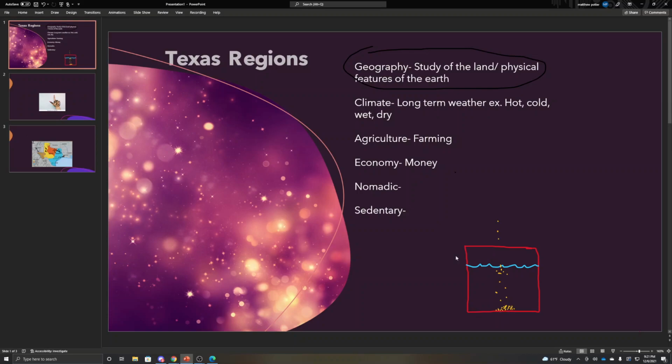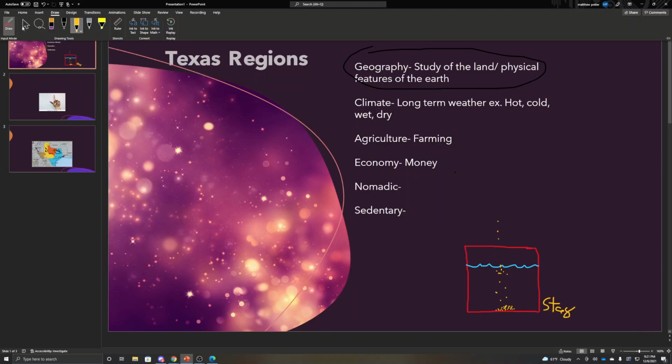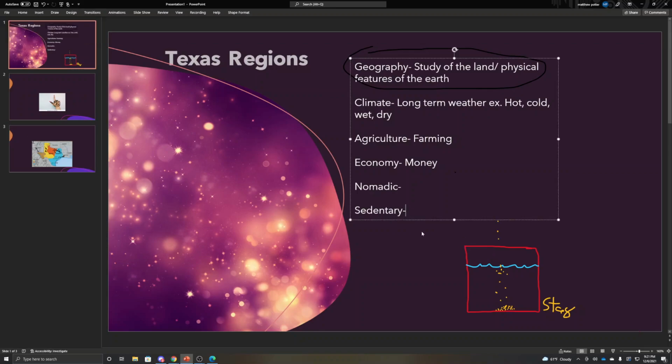When I think of settling, I think of sedentary. Settling, sedentary. They sound very similar. And because the sand is going to go to the bottom, and it's going to stay there once it lands there. So, sedentary, they don't move. They stay in one place.